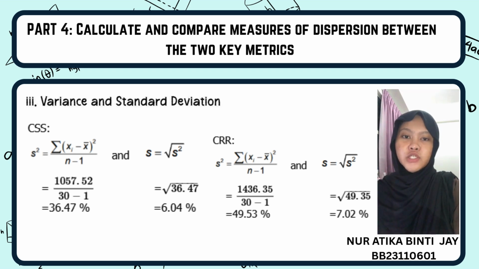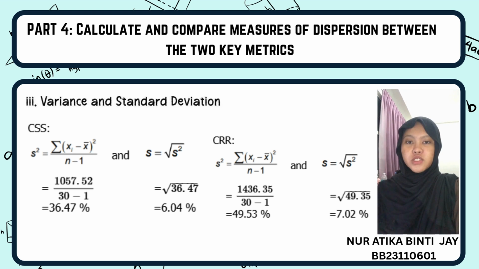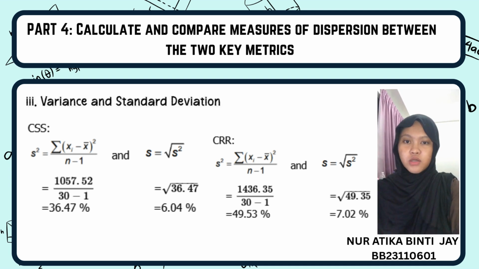Next, to compare measures of dispersion of the two key metrics, customer satisfaction score and customer retention rate, we calculated both variance and standard deviation. For customer satisfaction score, the variance was computed by dividing the sum of squared deviations, 1057.52, by 30 minus 1, resulting in a variance of 36.47%. Taking the square root gives a standard deviation of